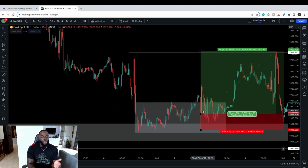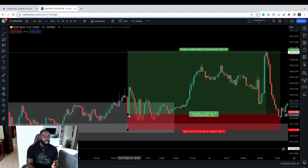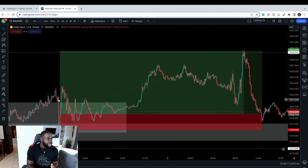So a lot of people were shorting as the news was coming out with the same expectations that they had the 3 previous days. And as a trader, my job is to observe. My job is to wait for clear confirmation. So what I simply did was just wait for some confluence on the 1-minute time frame and on the 5-minute time frame. If we go over to the 5-minute time frame, we can see that price started